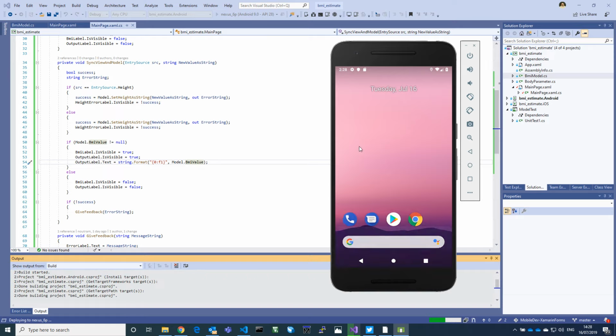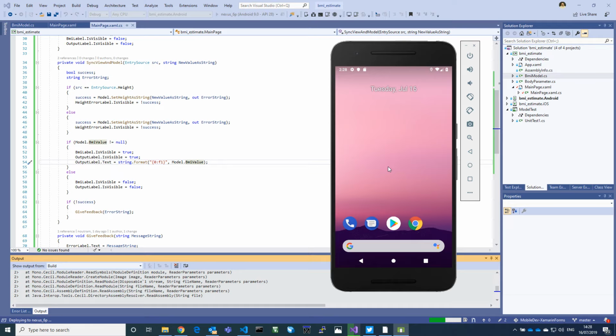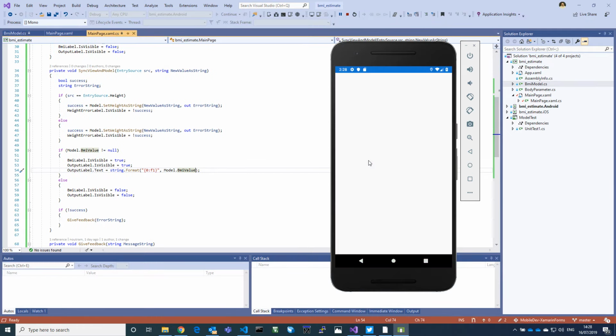Put it back as it was. I've probably got to cast it. Let's wait for that to run. So 1.8. I don't know who this person with 1.8 is, but anyway. Let's do 85, and yeah, now it's working. Now we've got this BMI value. If we have an invalid value,